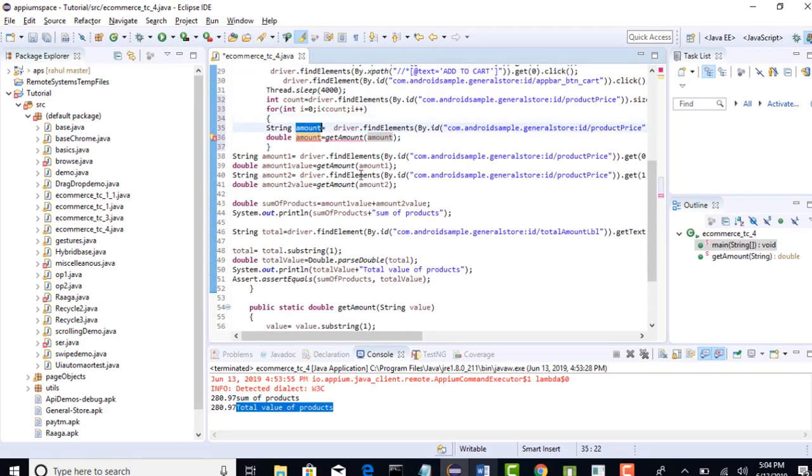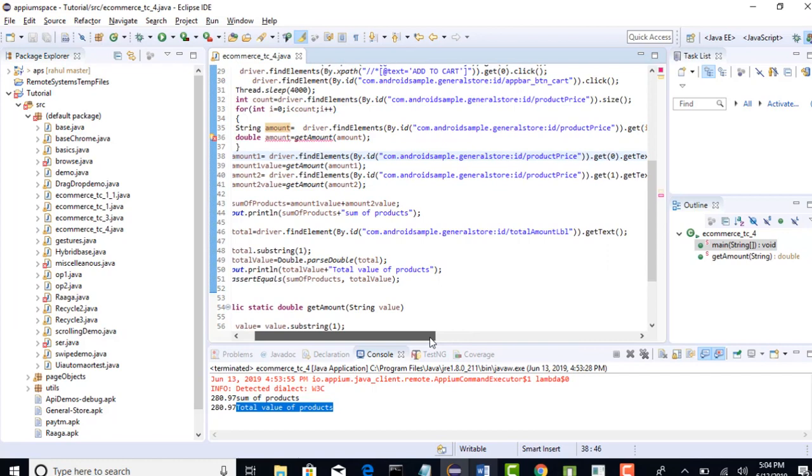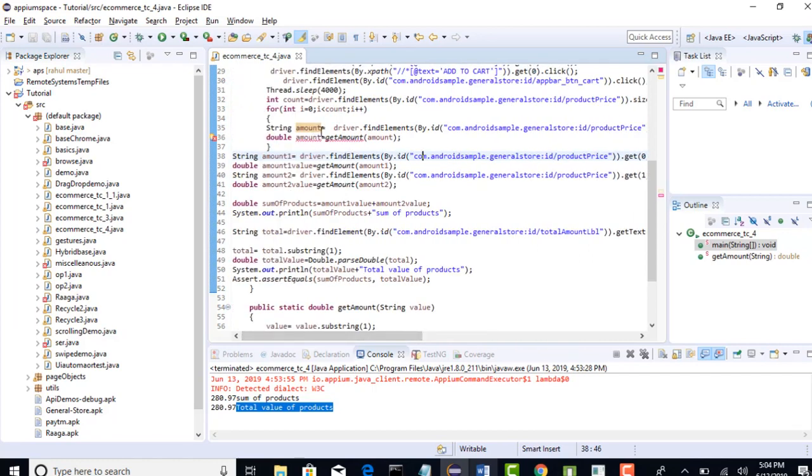This is a string only, right? Why is it treating that as a double? Okay, let me see. Find elements dot get text. Probably I may use amount 1 only again. I don't know, it's weird. Anyways,